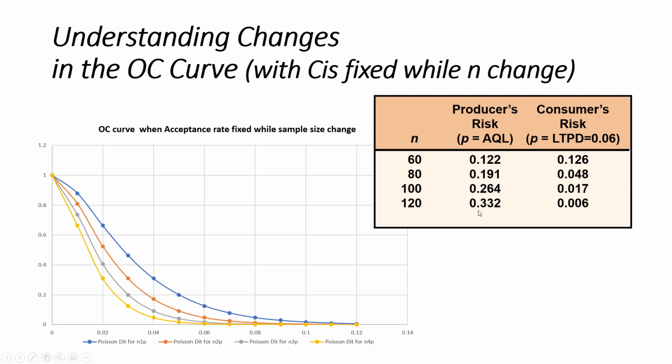So what kind of change occurs in the OC curve? You can see from this. In this yellow one, we chose n equal to 60. So when we check it, you can see this is now going up. So for 120, the alpha value, for example for 1% defect, you can see if we draw it, 1% will be at this place.